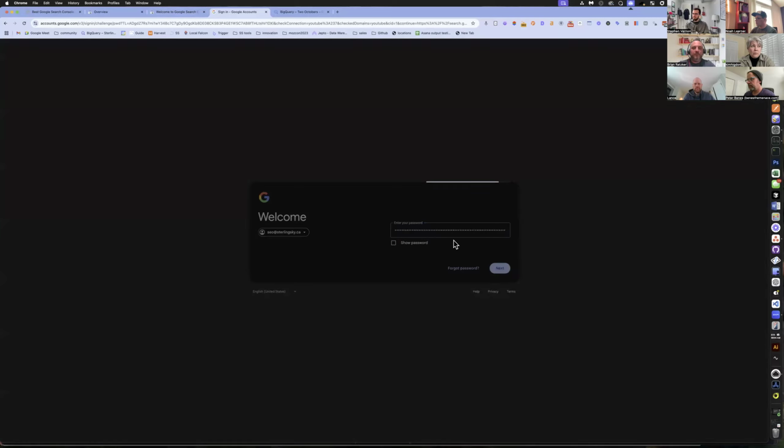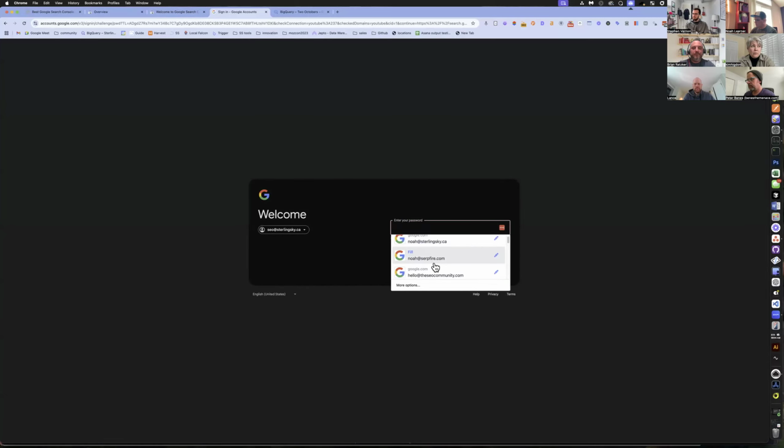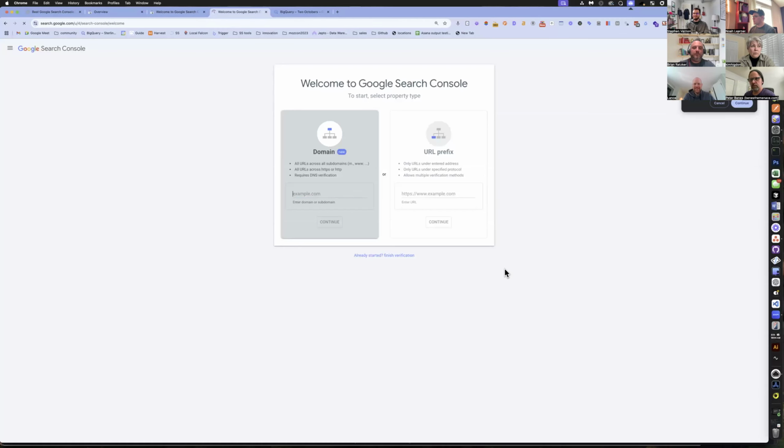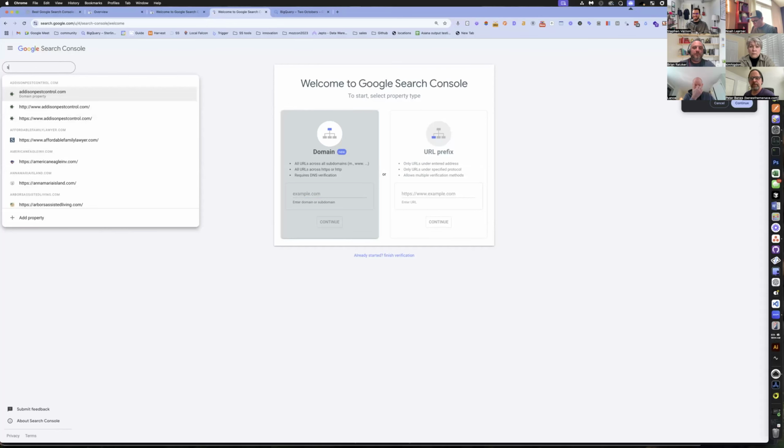While this is all loading, what we will do, I hate LastPass. I don't know if anyone else feels the same way, but I think it's the worst. Okay, so